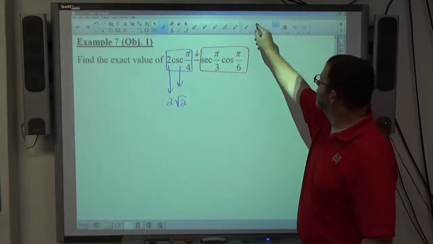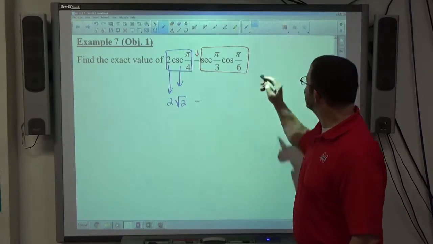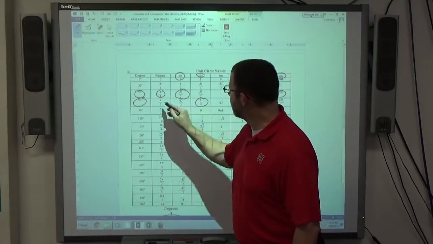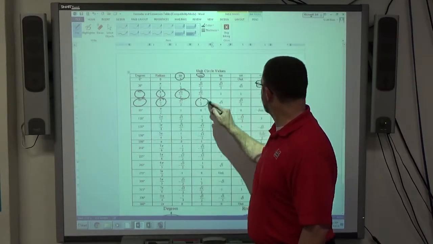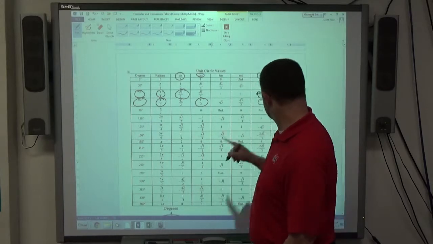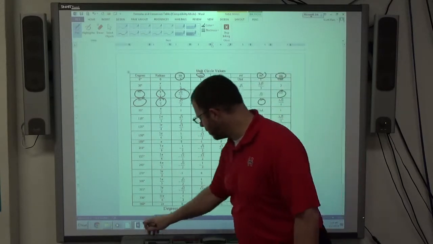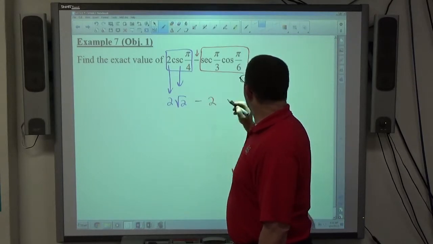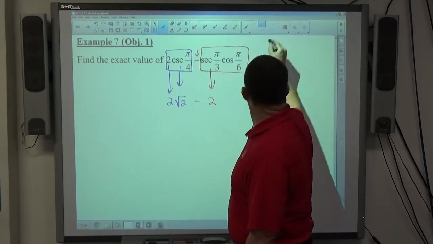Then we're subtracting. Then we need the secant of pi over 3. So I find pi over 3, I slide over here until I get to the secant column, and I see that equals 2. It really equals 2, it slid up a little bit. So secant of pi over 3 is equal to 2, and cosine of pi over 6,